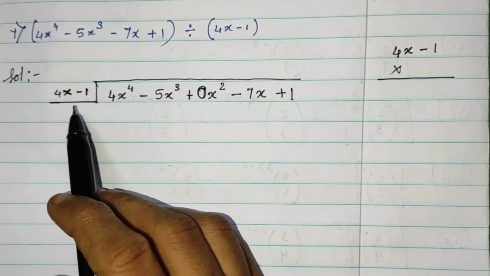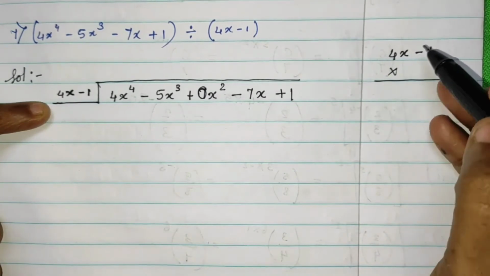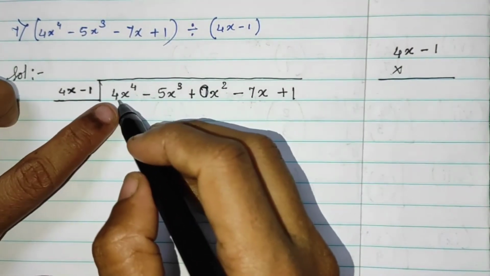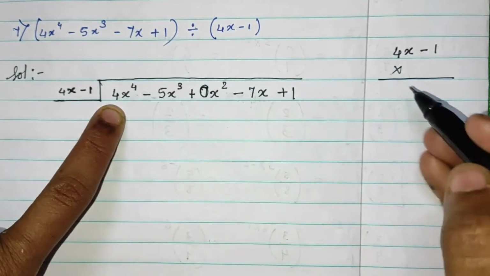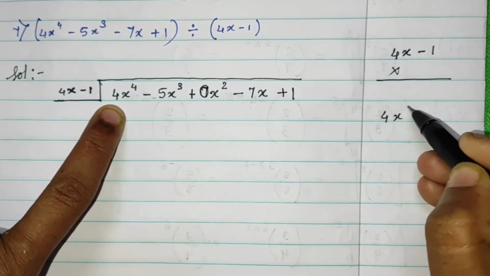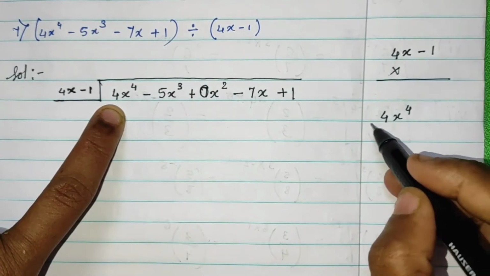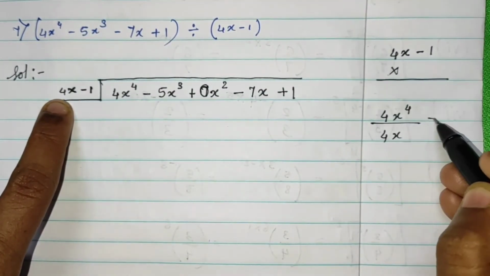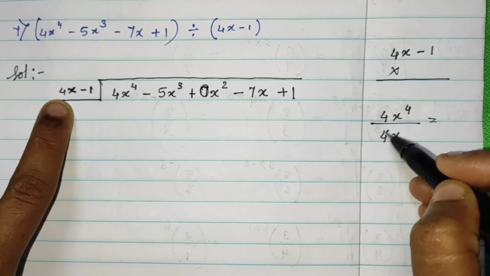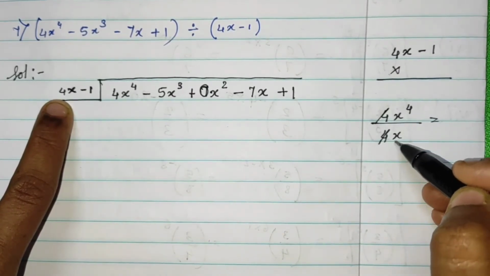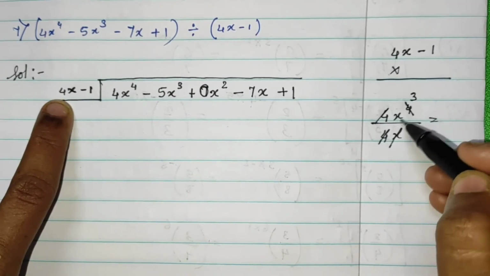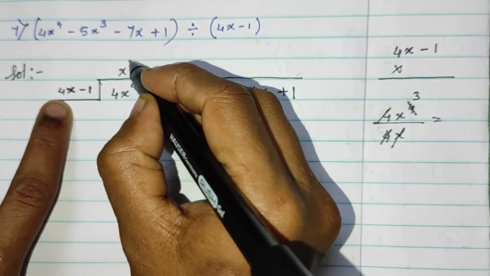Now let's see how to do. See, we can do these sums in a different form also. As we need this 4x raised to 4 and the first term of this is 4x. So when we cancel this 4, 1x gets cancelled and from here 1. So we are left with x cube.